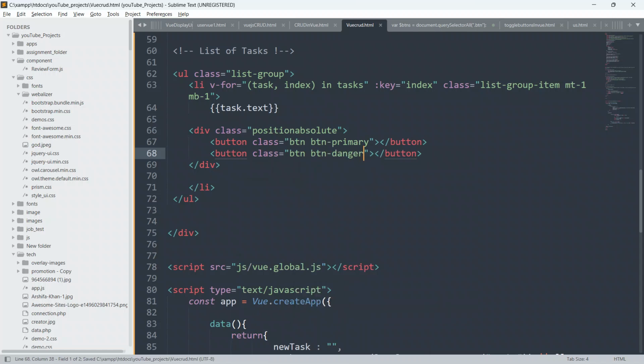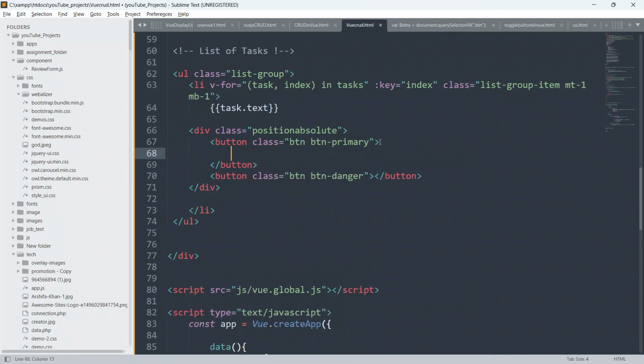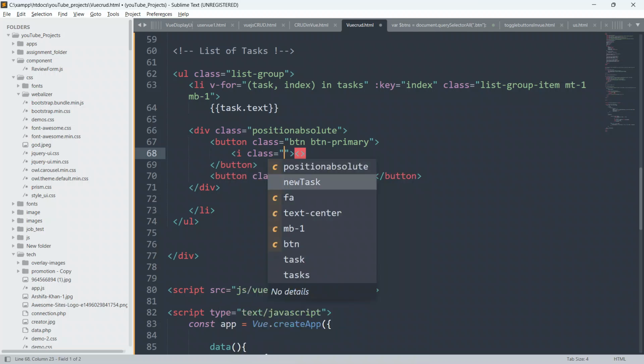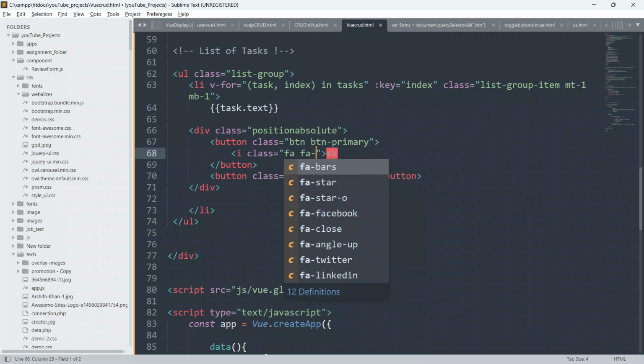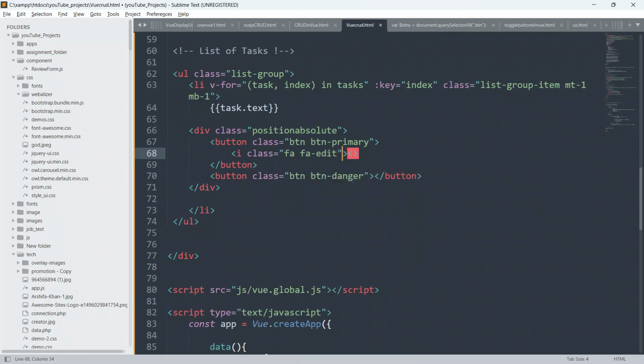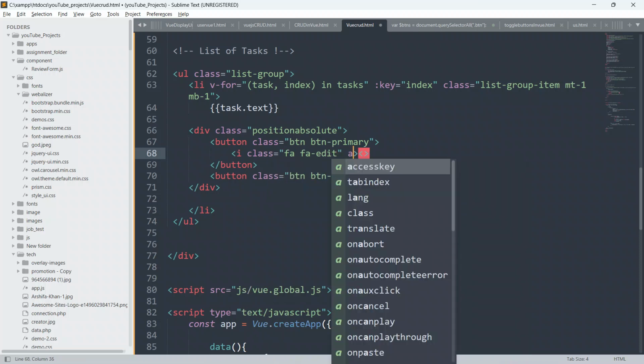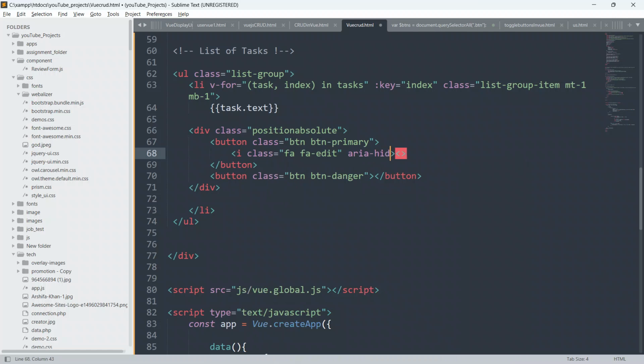Now inside this we have to give the text also, like we will create an icon, a Font Awesome icon. So give class as fa fa-edit, and give aria-hidden equal to true.